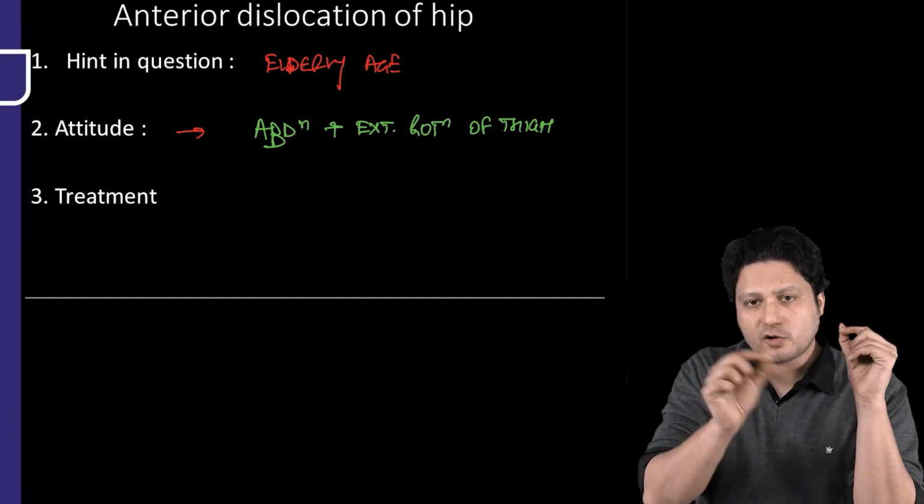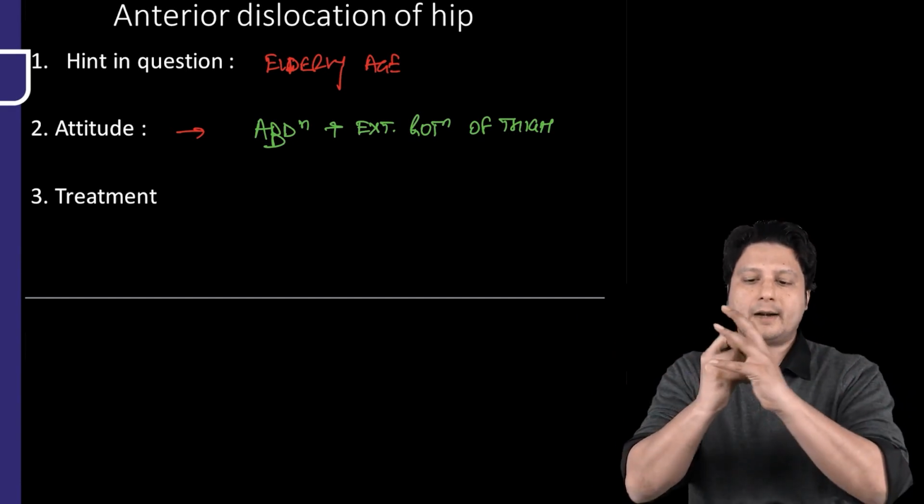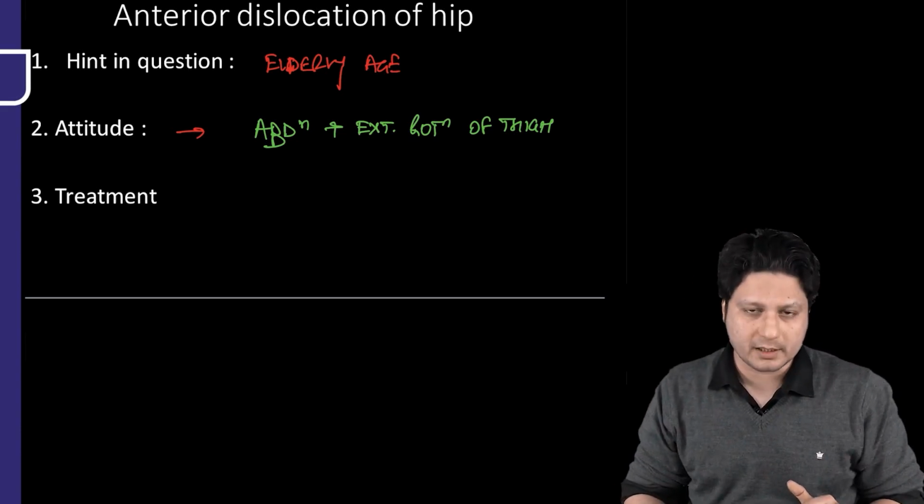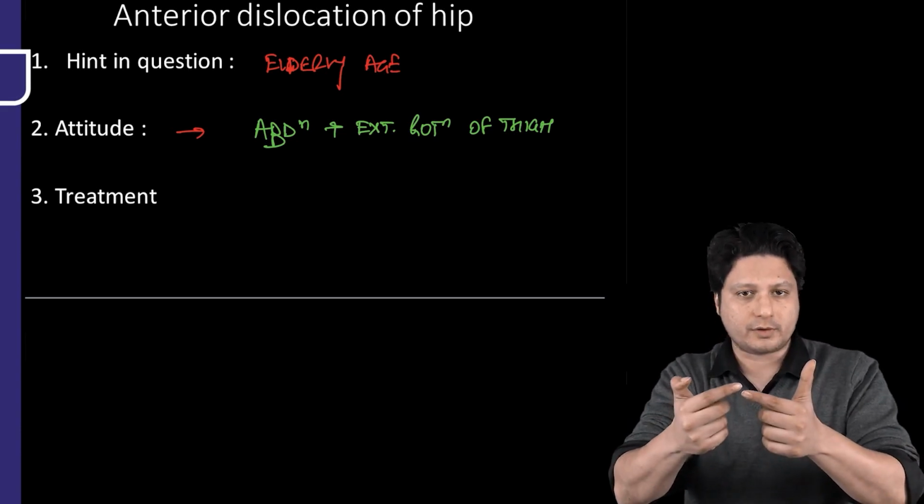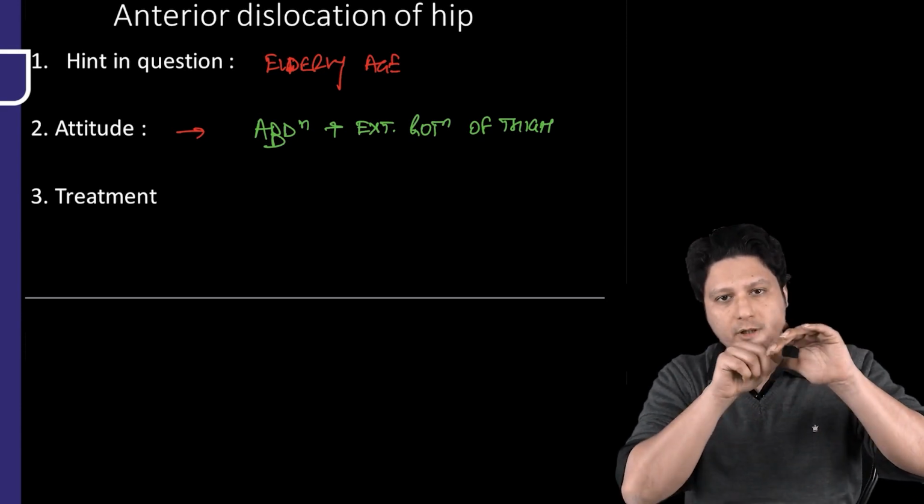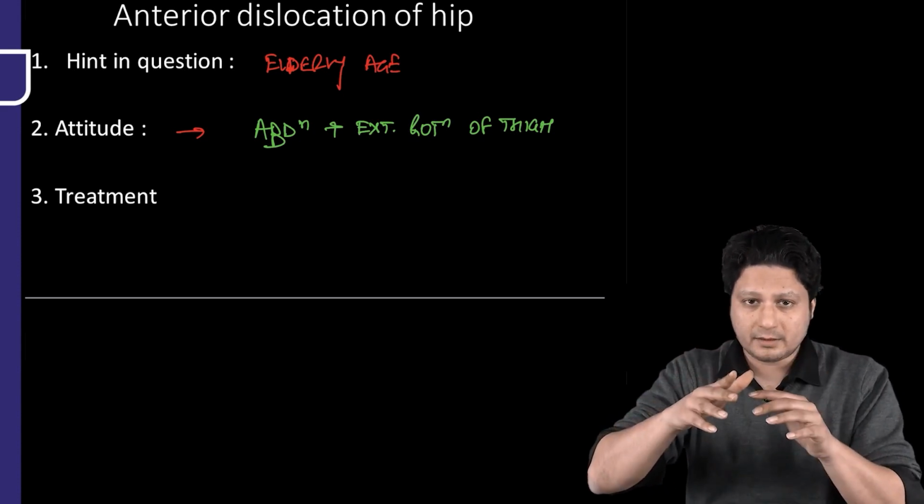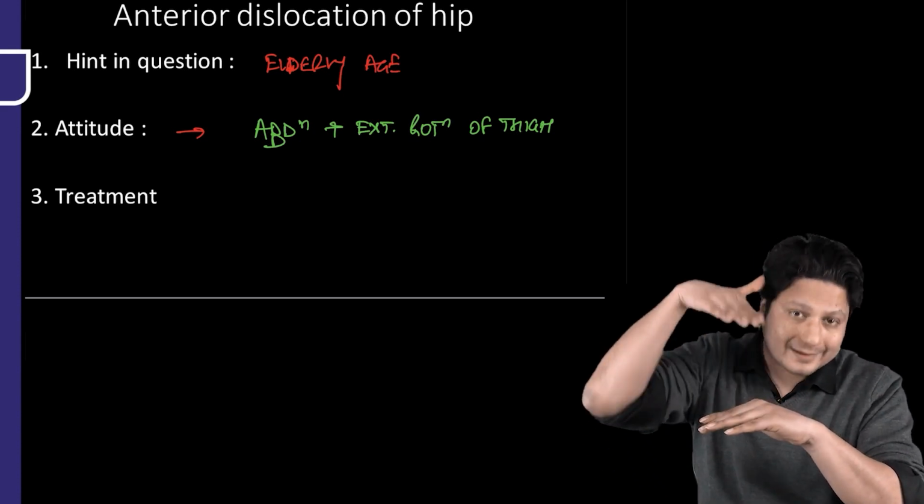Then in case of posterior dislocation of the hip, there was a true shortening of the limb because the head of the femur migrated proximally. In case of anterior dislocation of the hip also, the head is out of the acetabular cavity, which is no more supported by the floor of the acetabulum. So there has to be a proximal migration. But the presence of the rectus femoris